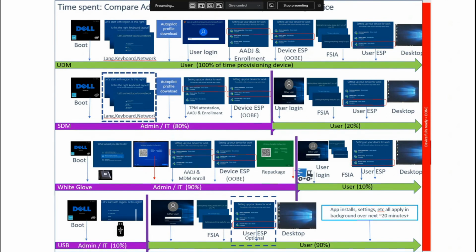And so this USB method is called bulk enrollment. I also talked to you about the FFU method. The FFU is just imaging. This USB is an enrollment method where you'll use Windows Configuration Designer, and I'll give you a video link out there. I should have had it ready. But basically there are instructions in the doc for FFU of how to create the provisioning package and add it